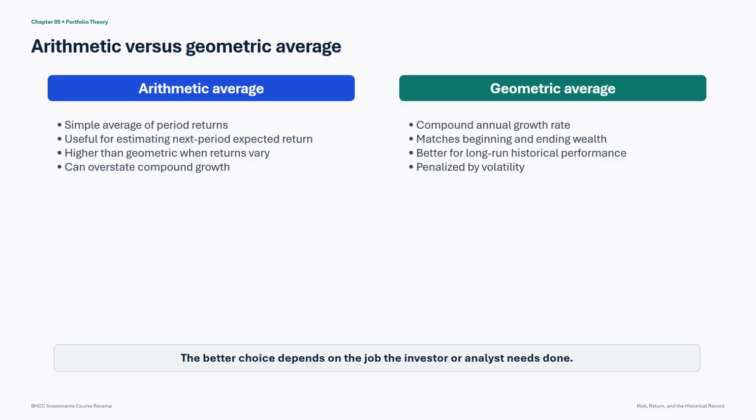The arithmetic average is 0%, positive 50 plus negative 50, divided by 2. But the investor did not break even. $100 grows to $150, then a 50% loss reduces it to $75. The cumulative loss is 25%. The geometric average is the square root of 0.75 minus 1, or approximately negative 13.4% per year. That number correctly links the starting value of $100 to the ending value of $75.